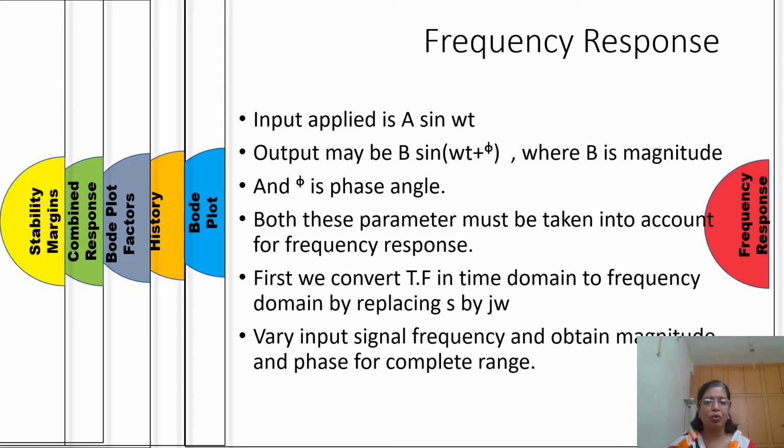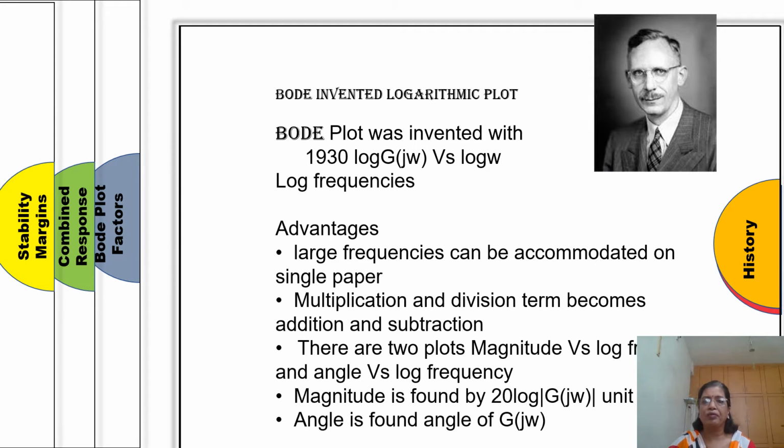We will concentrate more in this lecture on one of the most important responses, known as the Bode plot, which was invented by H.W. Bode around the 1930s. Because at that time there were no computers, people had lots of problems while plotting the response, because when you vary the frequency over a wide range, you cannot accommodate such a wide range on a single paper. Therefore, Bode thought, why can't we compress the scale?